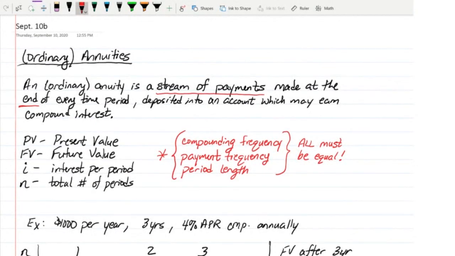Not the A and the P that I did before when I talked about compound interest and simple interest. Our formulas there had A's and P's, but with ordinary annuities, I'm going to talk with present value and future value terminology. Most of the formulas that you see online will do the same thing: present value, future value. Right? So the interest earned per period will be I, just like it was in the compound interest formula. The total number of periods is N, just like it was in the